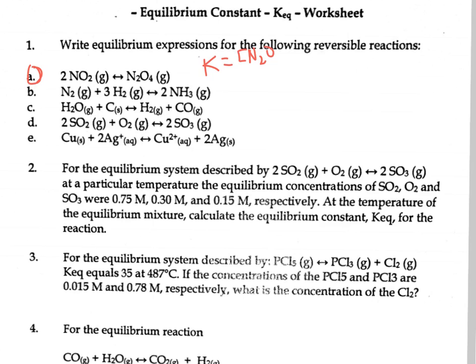So N2O4, okay, bracket, and that is just to the first power. All right, so this is the one we're doing. So products on top, and then the reactant here is going on the bottom. So then NO2 in brackets, and it has a coefficient of a 2, so then that number will be squared. So that's all you have to do for number 1, is do the expression, products over reactants, coefficient becomes a